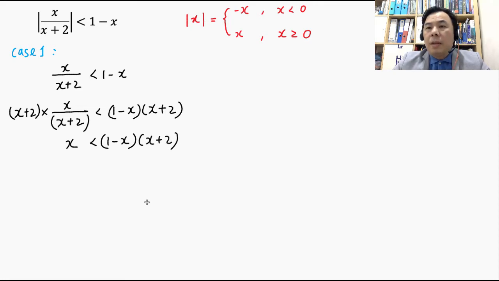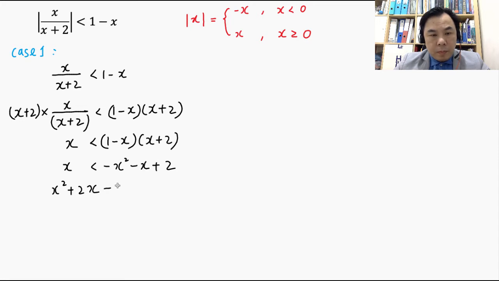this is the next step that we have concluded here. I hope that you guys are clear with this. Thereafter, I can expand my expressions on my right hand side, which would yield this. And then by doing a bit of rearrangement, I got myself a quadratic equation. From here, I'm going to solve it